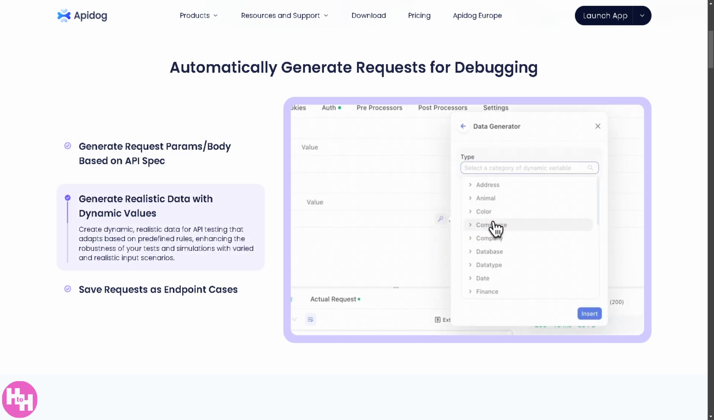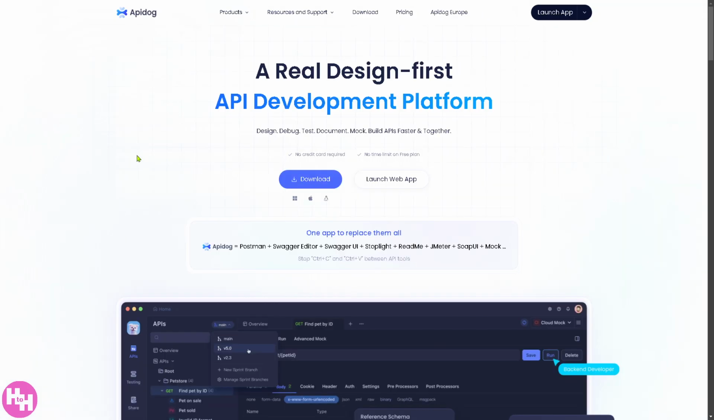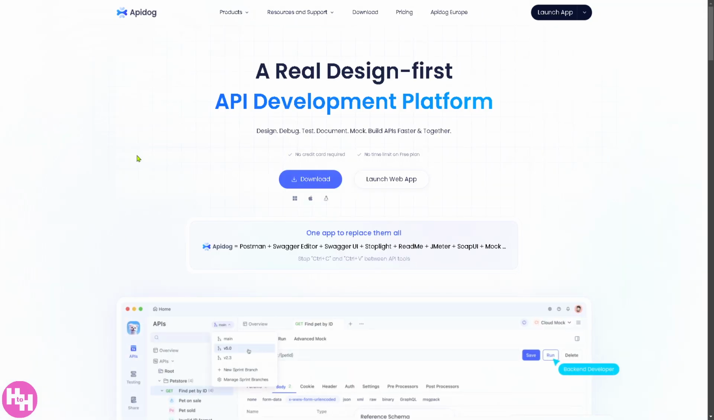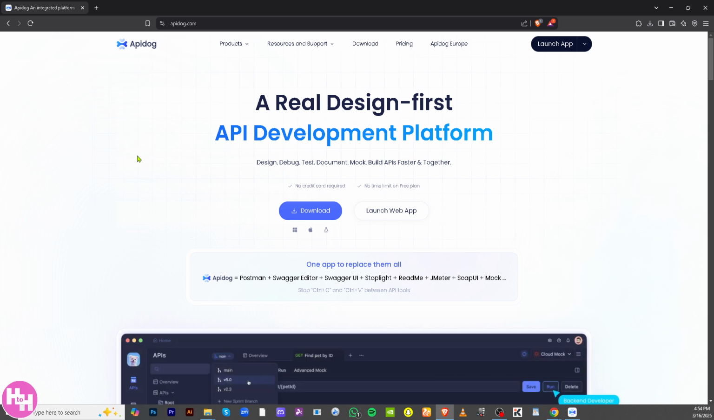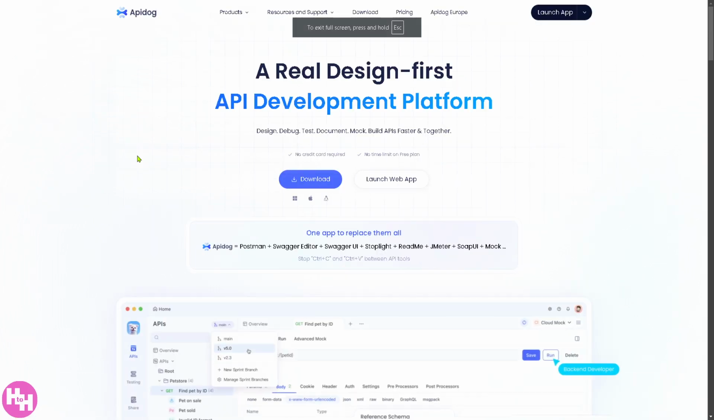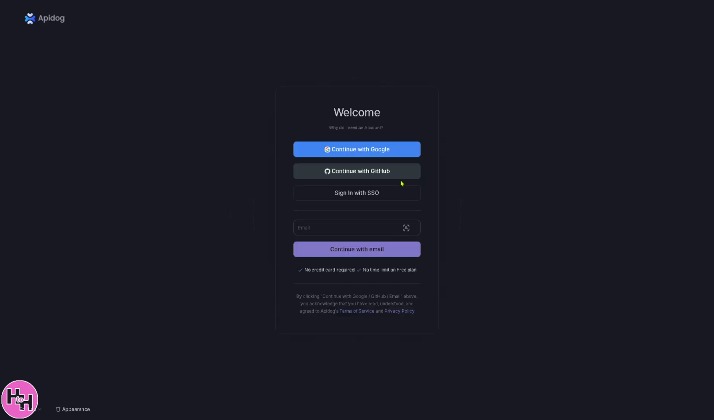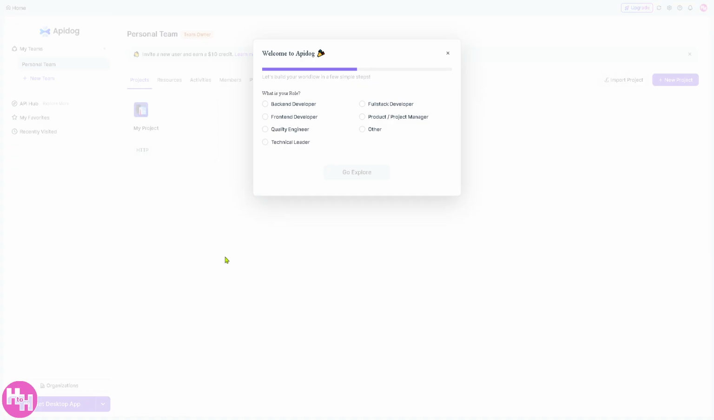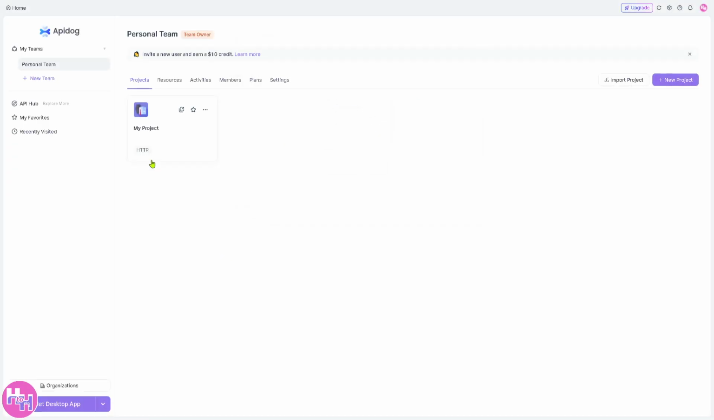So let's begin. Now, first of all, you need to visit the official website, which is going to be apidog.com. From here, you have two options. You can basically click the download button or click the launch web app, depending on your preferences. All right. If you do, you can continue signing in with your credentials. All right. Now, then you will be forwarded to the homepage